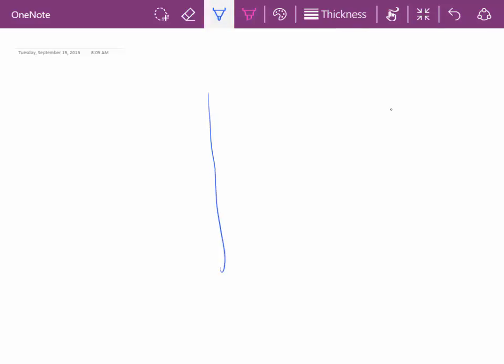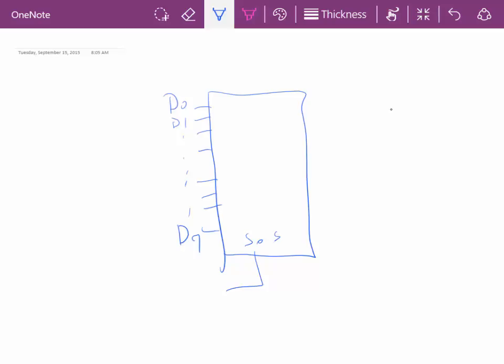Okay. Now, we've got a device here. We've got 8 inputs to it, and I'm just going to call it D0, D1, all the way to D7. This is our multiplexer. We have 3 lines here, S0, S1, S2, and we have 1 output coming out here. I'm just going to call it Y. And the idea of the multiplexer is we look at our select lines, S0 through S2,